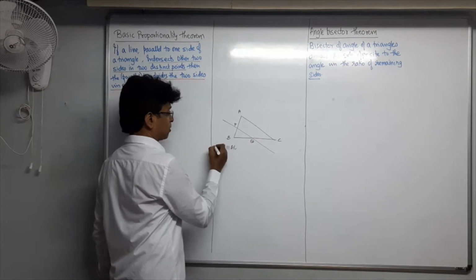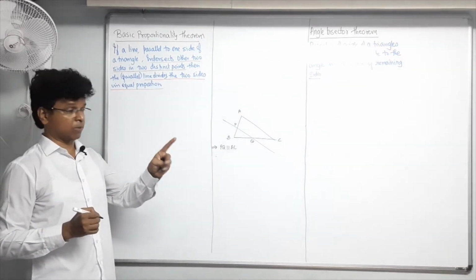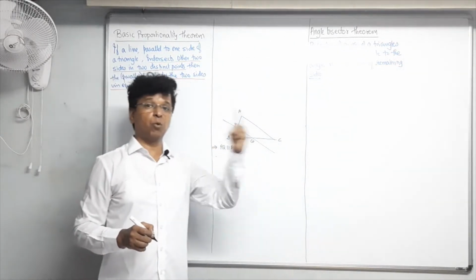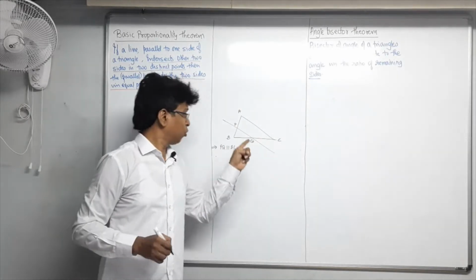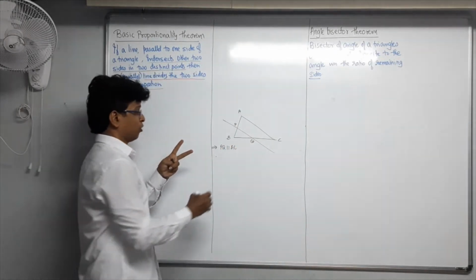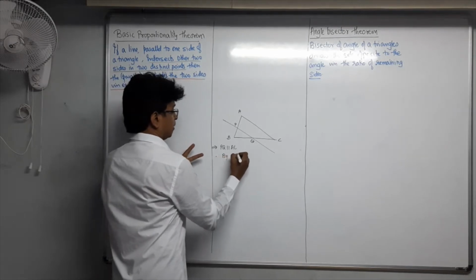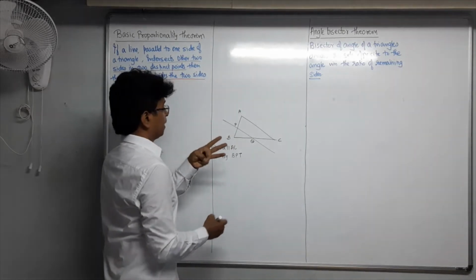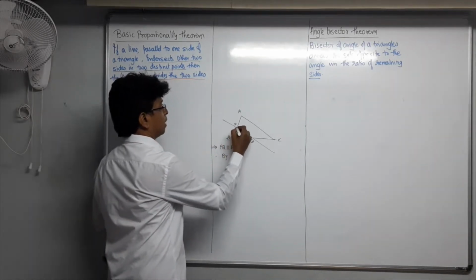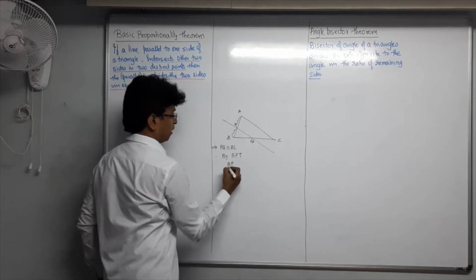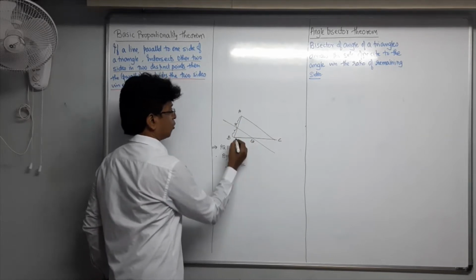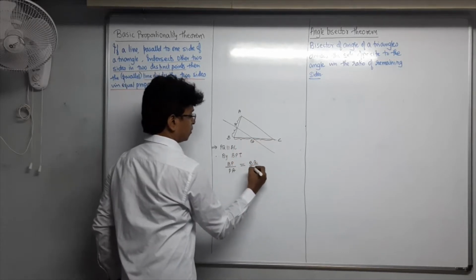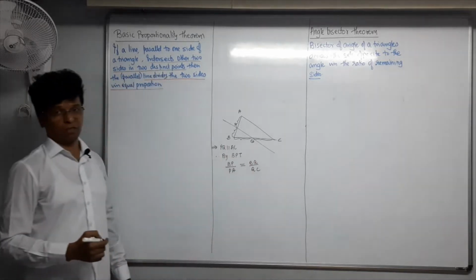Therefore, now see, this is the condition satisfied. I am telling you there are three different steps. Condition satisfied, PQ parallel to AC. This should be given in the question, or you should have proved it. You should be having this with you. PQ parallel to AC. Then what you will do? By BPT, you are calling this theorem. This theorem is coming into action. What is going to be the equation generated? BP upon PA is equal to BQ upon QC. This is the application of the theorem, my dear students.